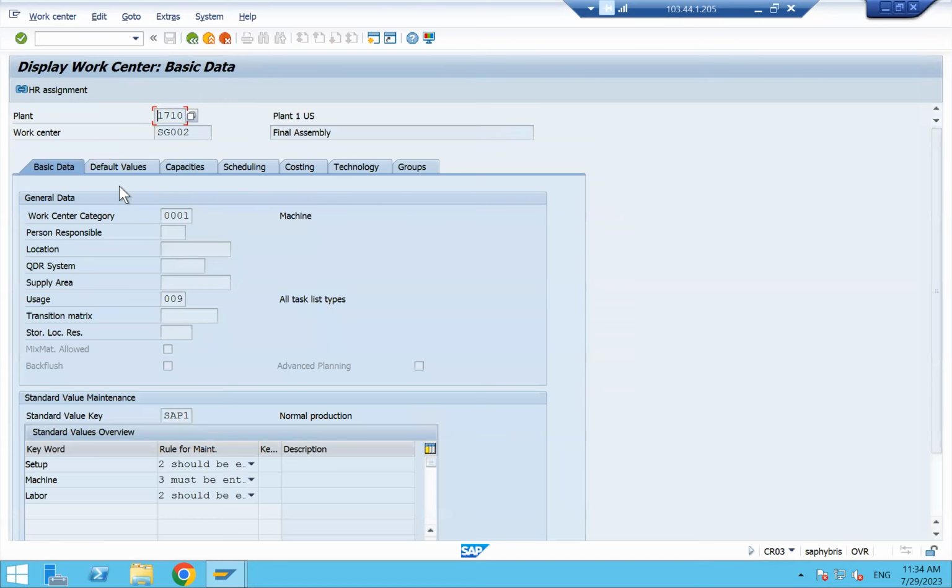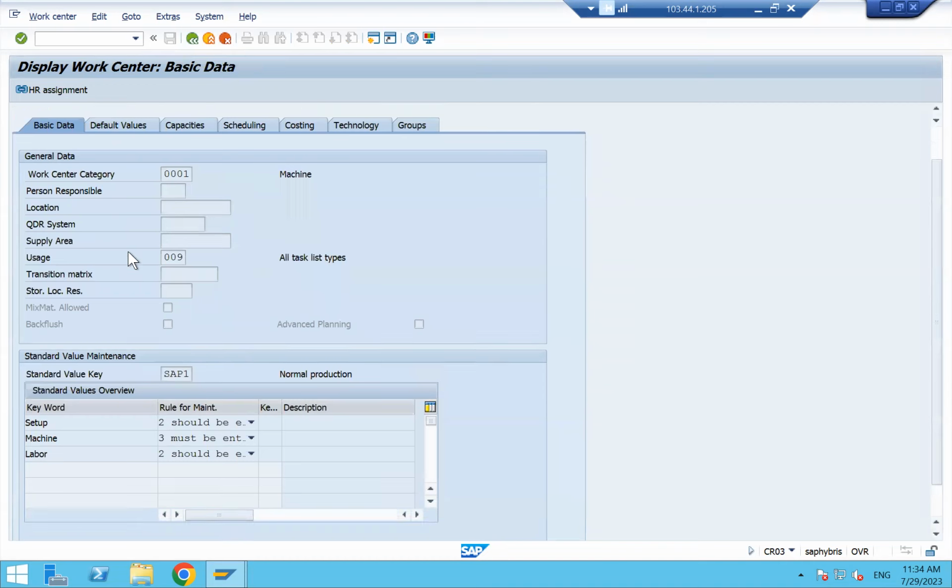See here, the basic data. In the work center, here we put setup time, machine time, labor time. Here we are putting whether it must be entered or not: no checking, may not be entered, should be entered. These are various options. Here we're telling, when I am using this work center in routing, these are the details